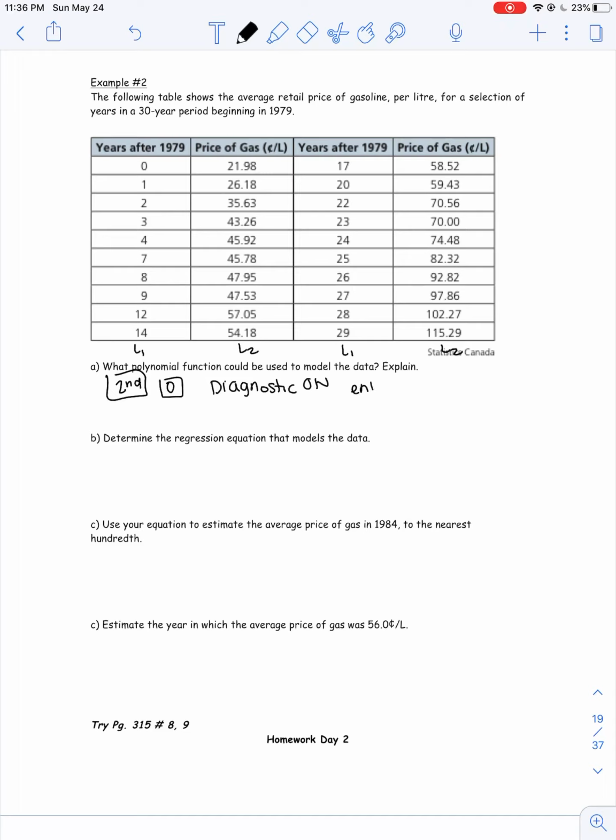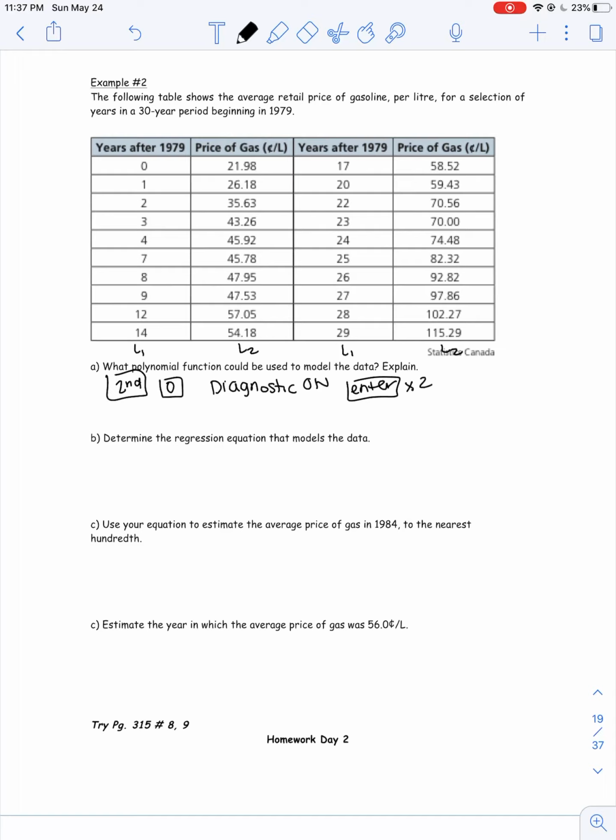So once you have diagnostic on, you're going to press enter, and then you're going to press it again. So you're going to press enter twice. Once you have done that, it will say done. And what that does is it turns on this kind of button that tells you how accurate your graph